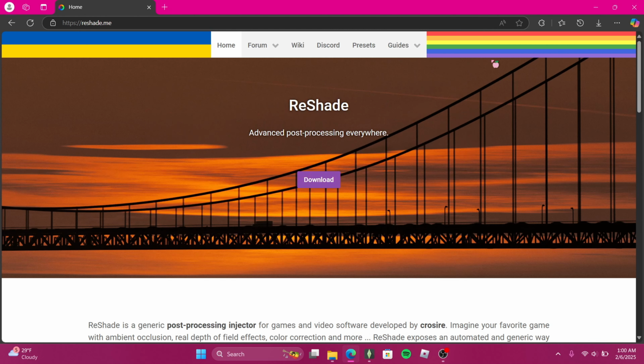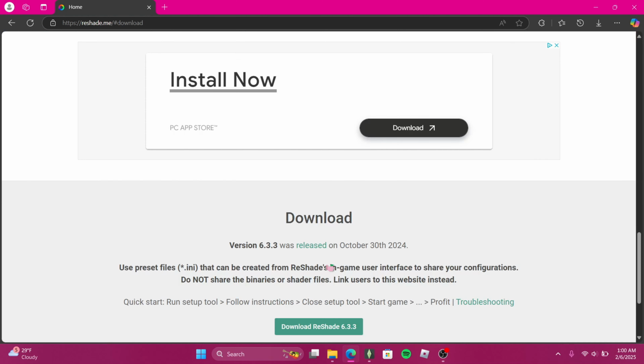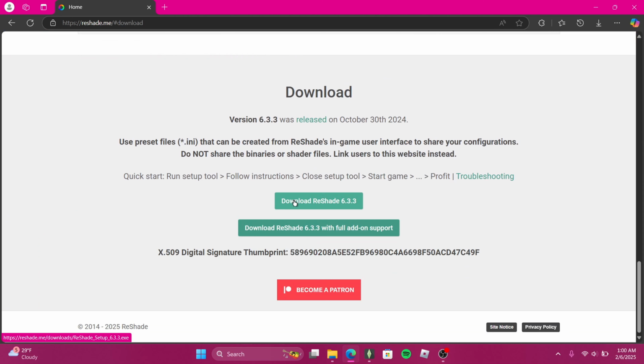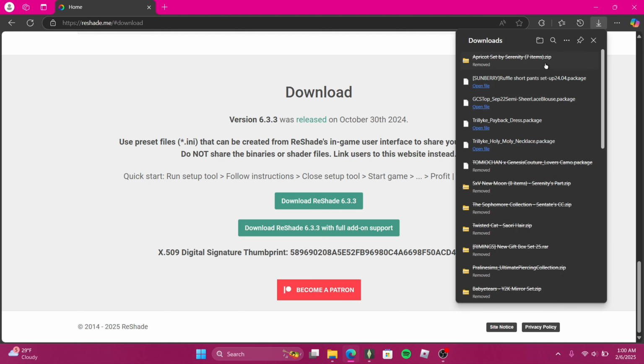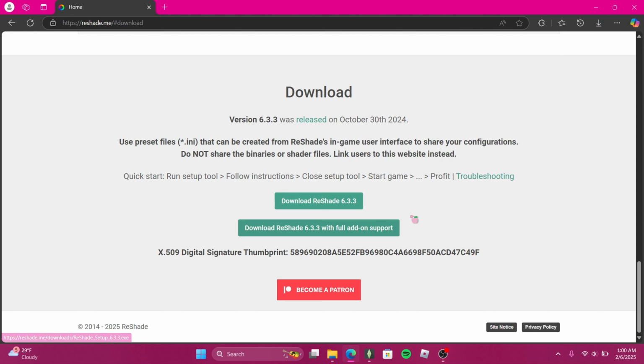So the first thing you're going to do is look up reshade.me. Now once you get there, this is how it should look, and you can press download, and you're going to want to press download Reshade 6.3.3. Once you press on that, it should start downloading over here again. I'm not going to download it because I already have it, but once you do that, it should pop up there,